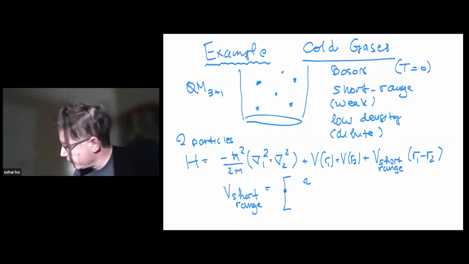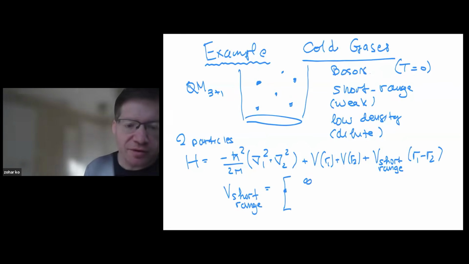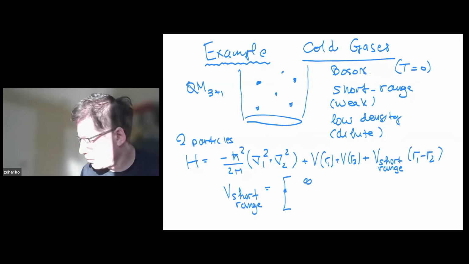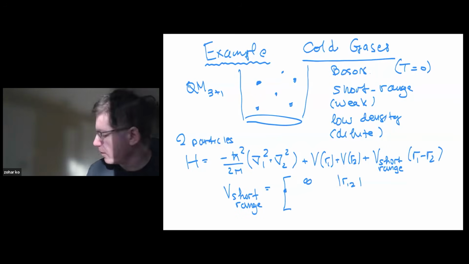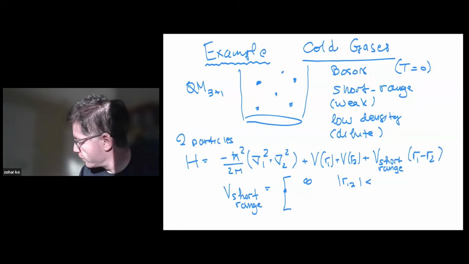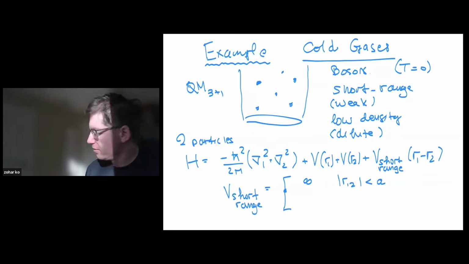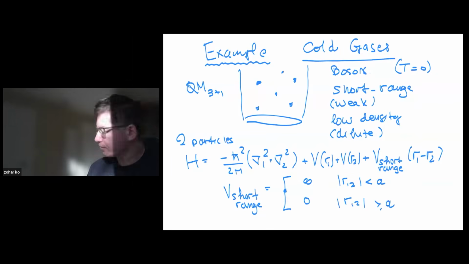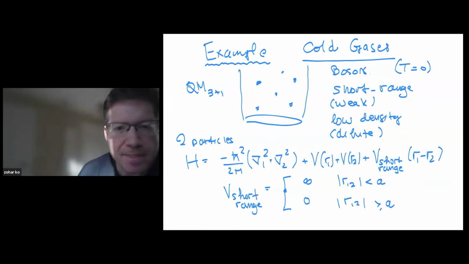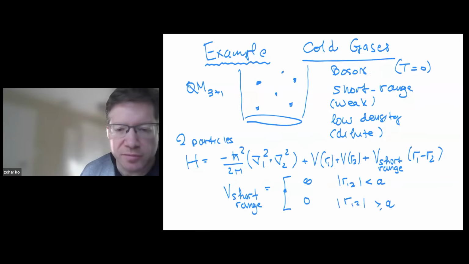So it's going to be infinite and repulsive. The particles are going to repel each other super strongly if they come into each other's phase. R1,2 is the distance between 1 and 2. If this is smaller than some number A, they're just going to repel each other. Otherwise, nothing happens. They don't feel each other. Okay, this is the definition of the problem with two-body.